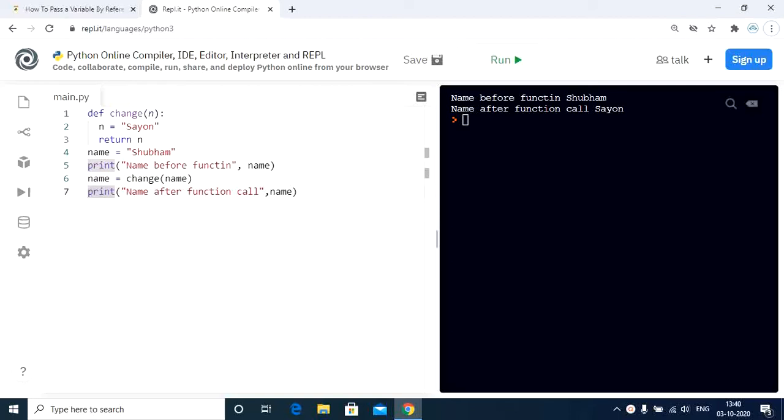Now let us discuss the second method of passing an immutable object like a string using the call by reference method in Python. Now the second method is a little hack to deal with a pass by reference of immutable objects. We can use Python dictionaries or lists to pass immutable values to the function. You might be wondering, how can this be done?